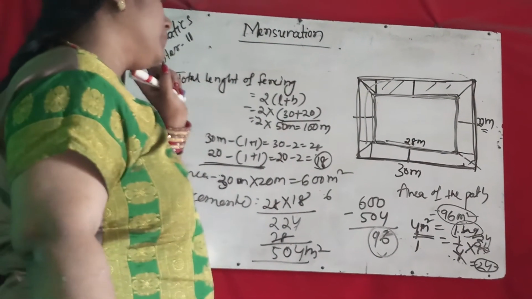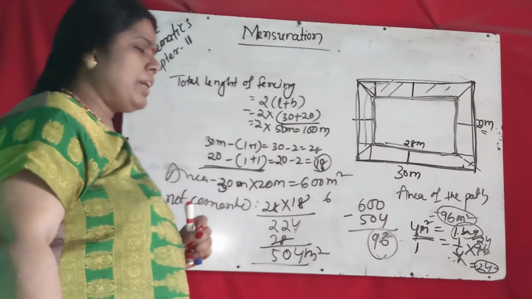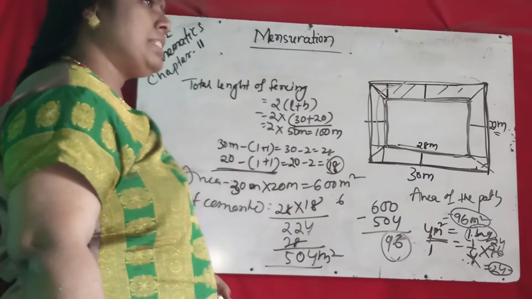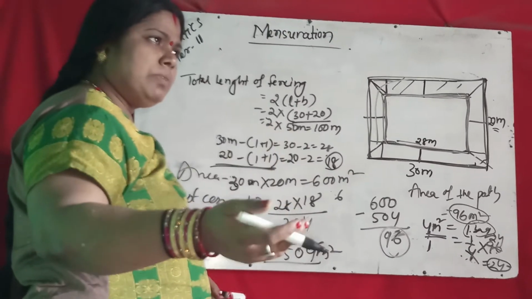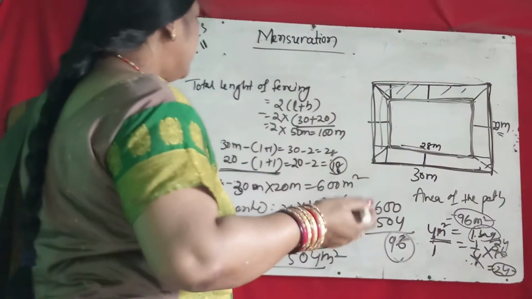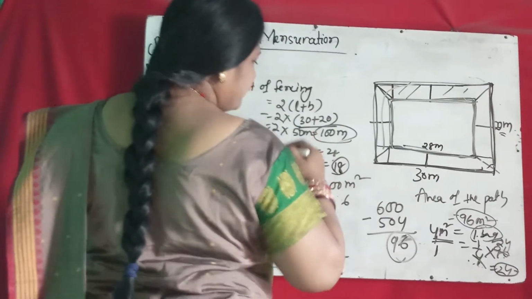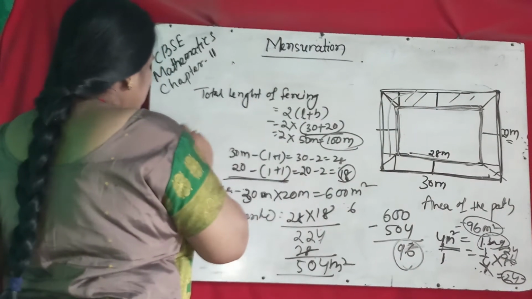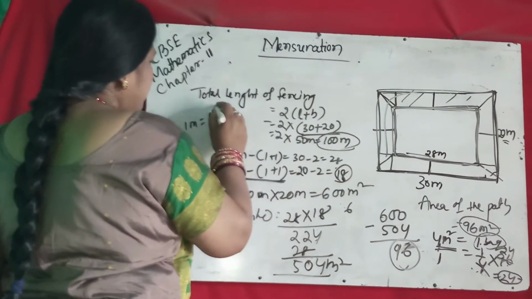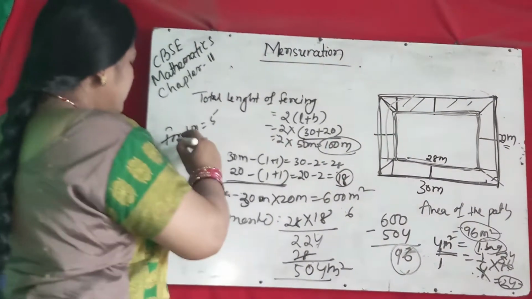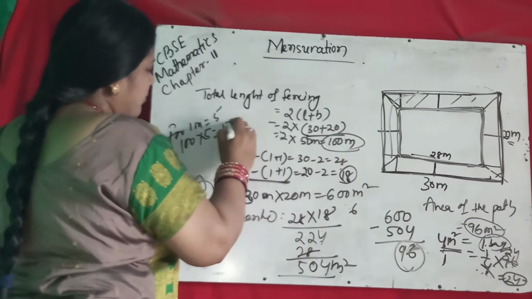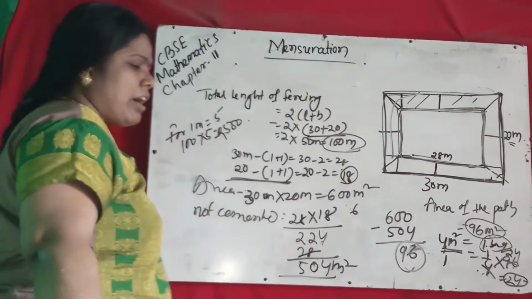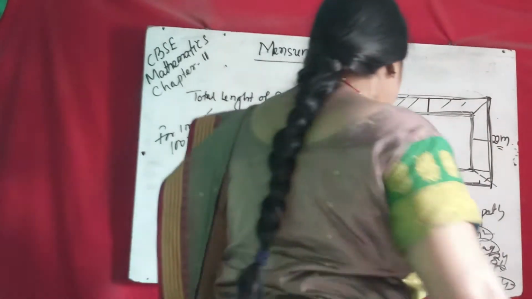So such types of questions will come to find the area or the perimeter. Sometimes it will ask about the fencing, sometimes the bags of cement needed, or the cost of fencing. Suppose the fencing is 100 meter, that is your perimeter. Suppose the question says 1 meter of fencing costs 5 rupees. So the total cost is 100 meters multiplied by 5, which is 500 rupees needed for fencing this path. So for such questions, first understand, then try to solve.